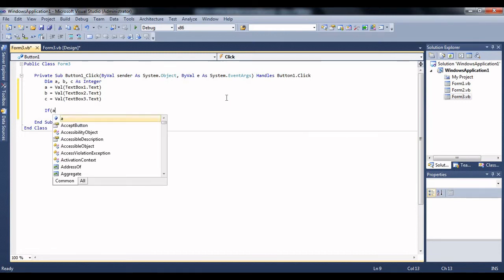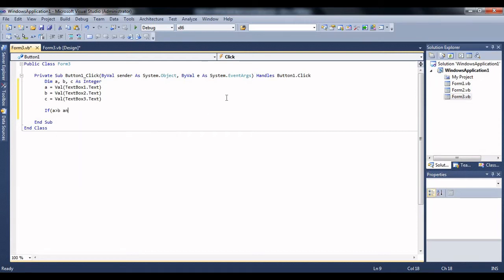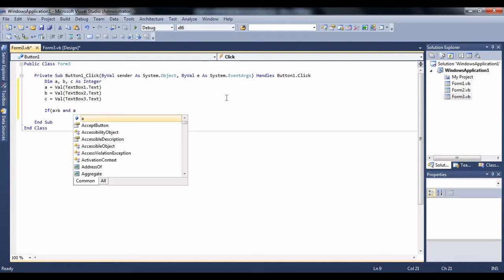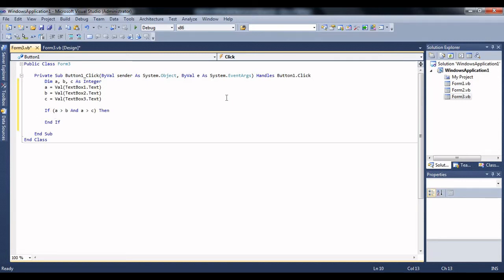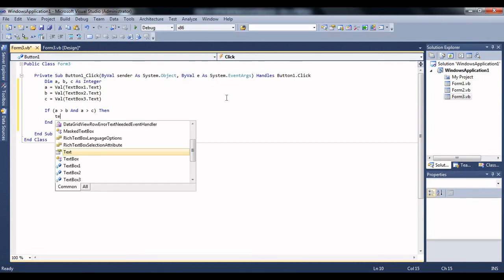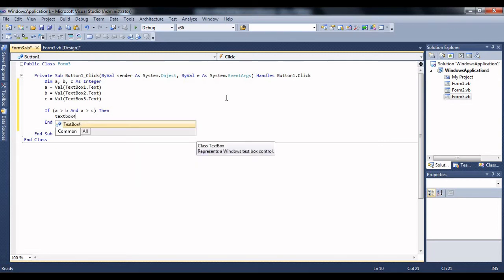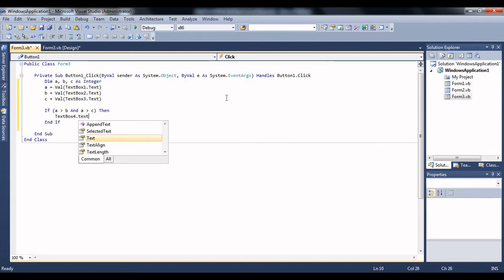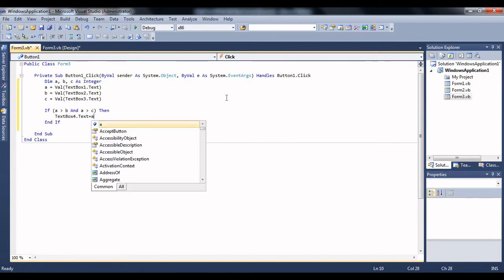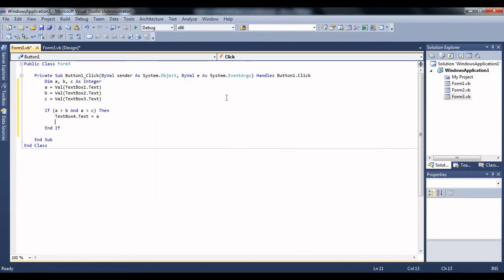Compare the first number, which is a, with the second number, and compare a with c. If a is greater than b and if a is greater than c, then in text box 4, which is meant for displaying the result, text box 4 dot text, the value of a will be displayed.